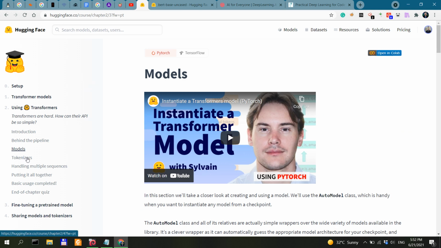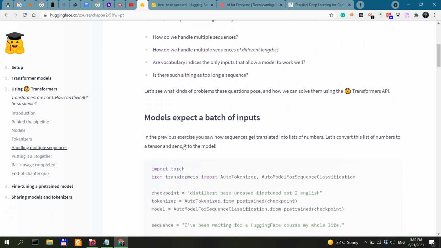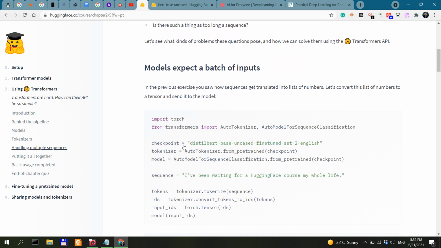So you have tokenizers, which are really important. They also go into handling multiple sequences. So far I haven't taken this course, but I'm really excited about it, and I'm actually going to go through it mostly because I want to have a very high level understanding of the entire field.